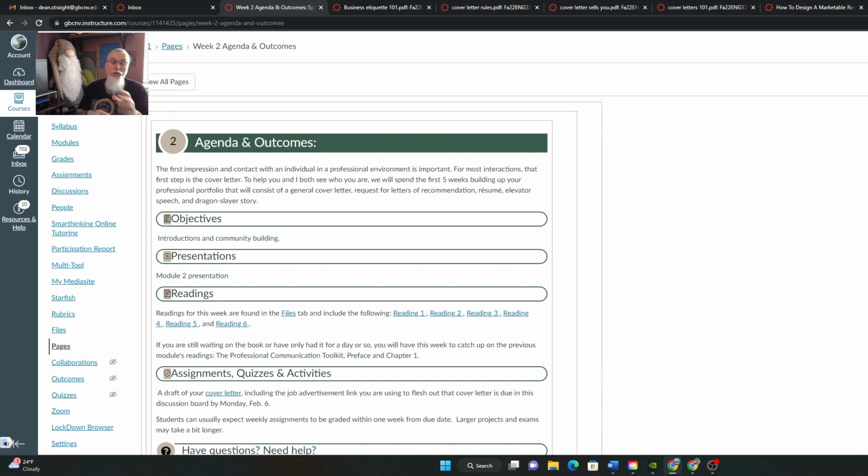We'll also be working on a resume and or potentially a CV. You might even want both, depending on how much experience you've had in your field of expertise, or where you plan on going with your career, with your academic journey that you're on now. We will work on an elevator speech. What do you do when you have a very short window of time to talk to someone and get them to even allow you to put that package, that portfolio in their hands? Your Dragon Slayer story, which is sort of the follow-up. And another thing that isn't here that we're going to add this semester, connected to those speeches, is what to do in an interview.